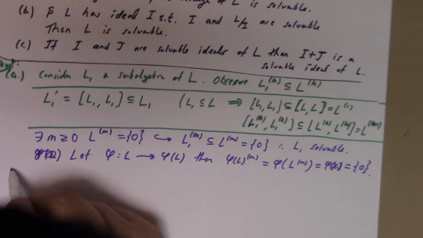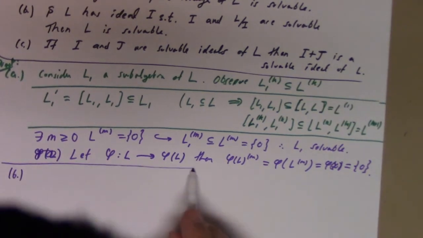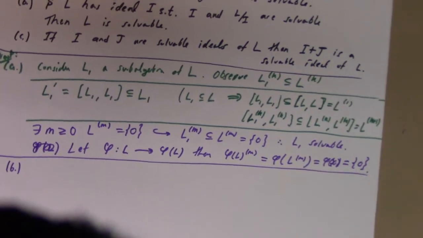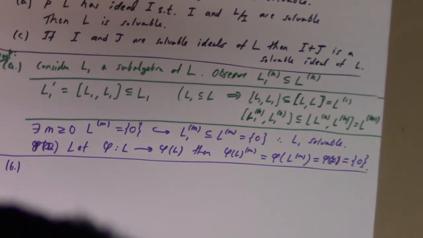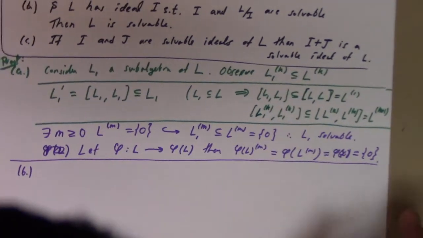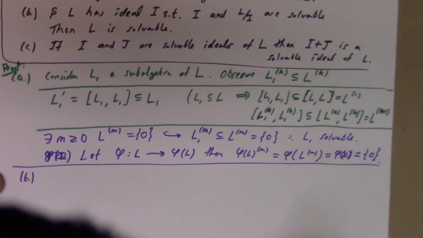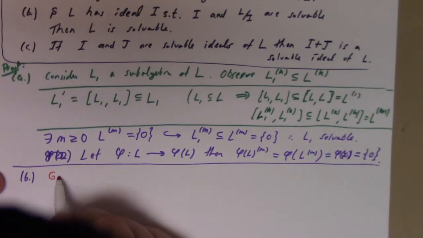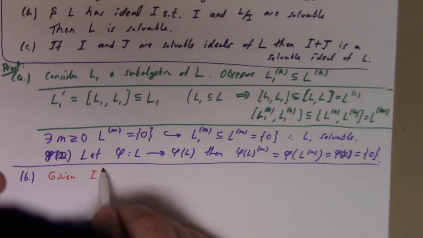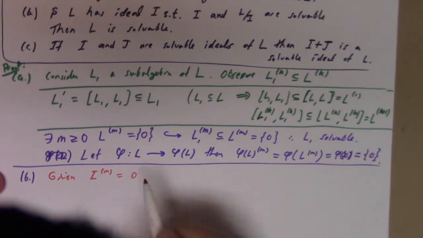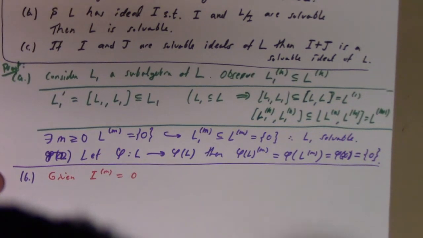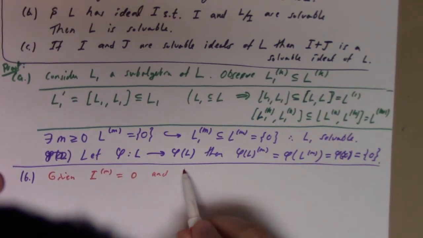So for part B, what we're trying to prove is, if L has an ideal I such that I and L mod I are solvable, then L is solvable. So let's see, we're given that I^(m) is 0. I'm going to use 0 instead of the set containing 0. You can hopefully forgive me. And L mod I